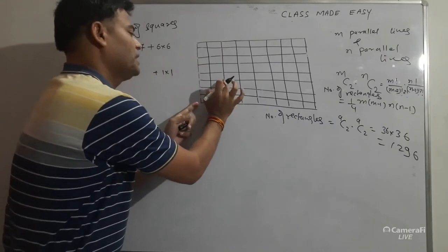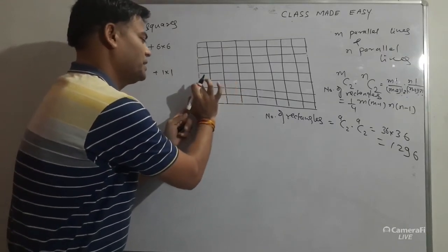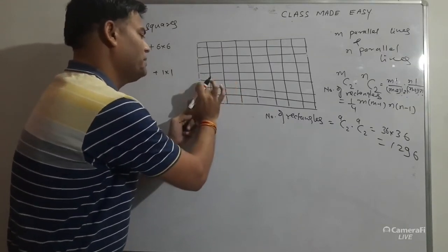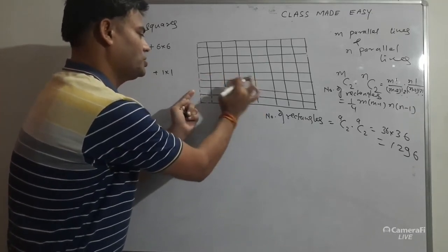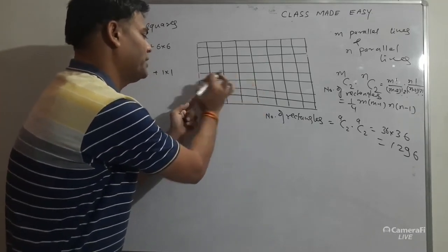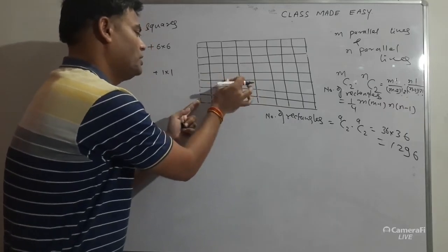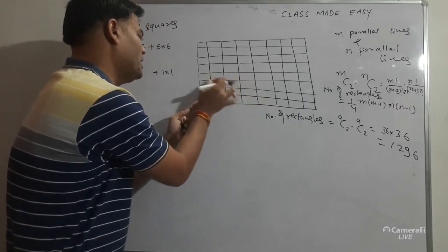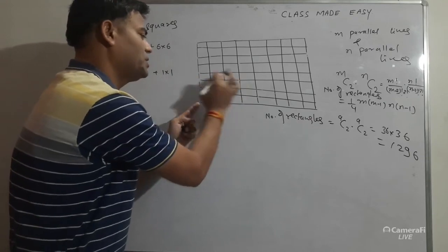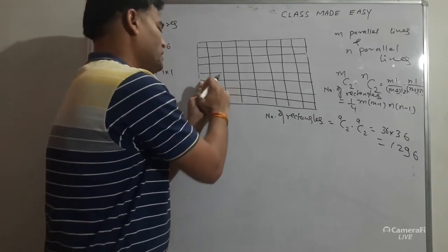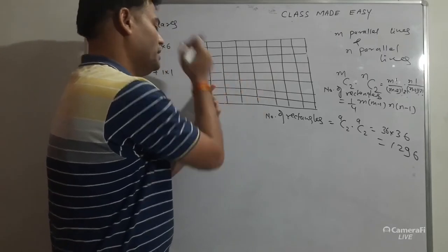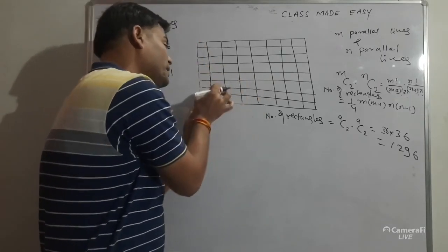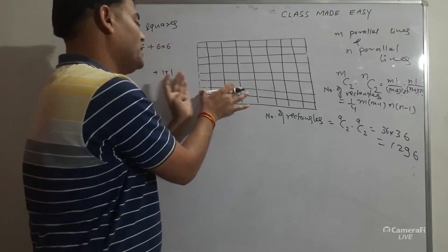See, if we take 3 by 3, see this 3, 4 line if we took, then 3 by 3 squares are there. You see this one is 3 by 3 squares. You can see the movement of my fingers. See 1, 2, 3. If you take 3 blocks here and 3 here, you will get 3 by 3 square. If you leave this one, this is another 3 by 3. Then another 3 by 3. So if you leave this, you will get 3 by 3 first.